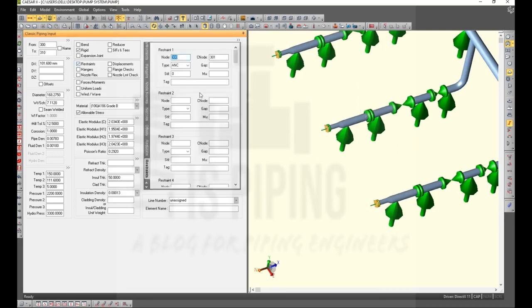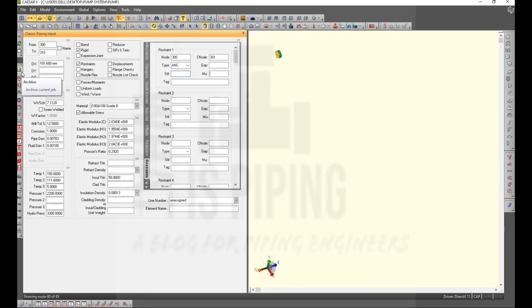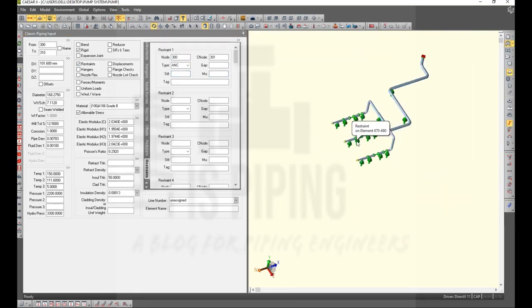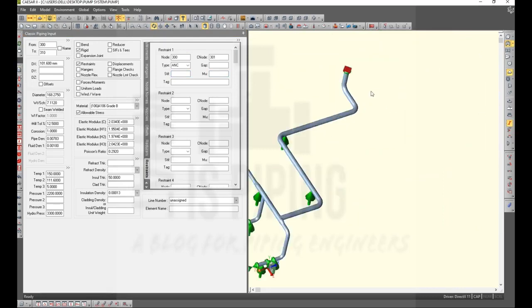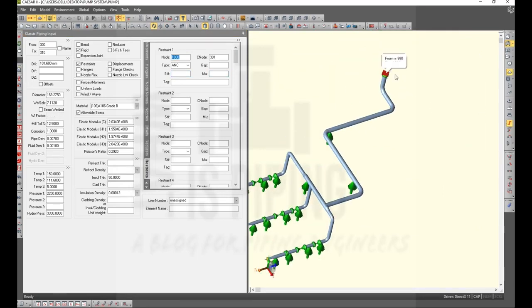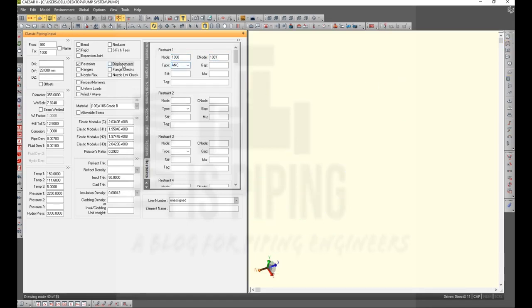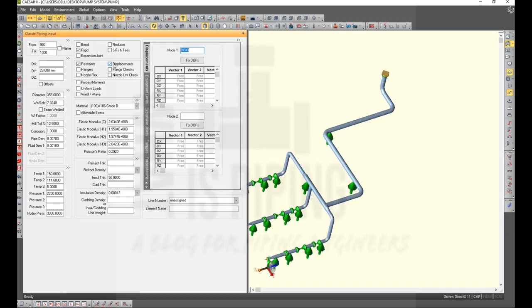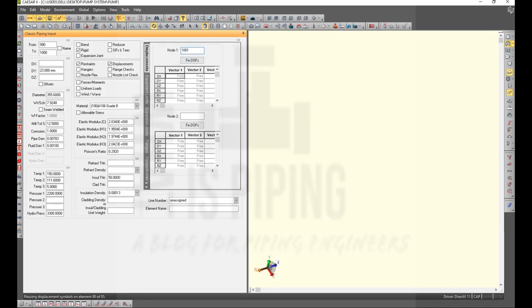In a similar way you can create all load cases. There may be situations where, let's assume this is a vessel, the vessel is not modeled, and I am directly imposing the vessel displacement at this node. You can put the displacement here with a C node.